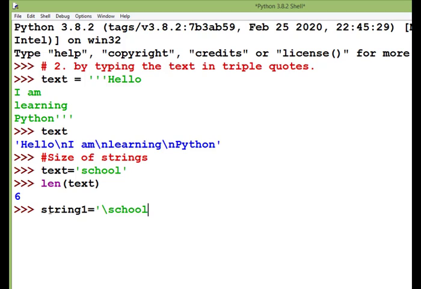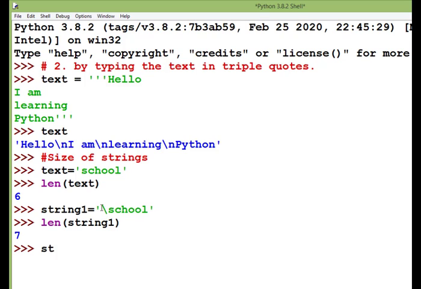Okay, and now I just want to see what is the length of this string 1. Okay, and yes, it has given 7. So this backslash is also counted as 1, and that's why the total length of the string has become 7.